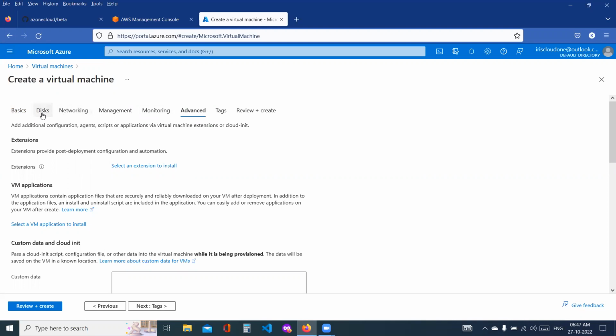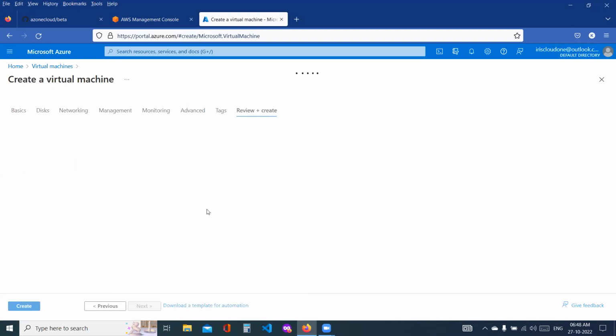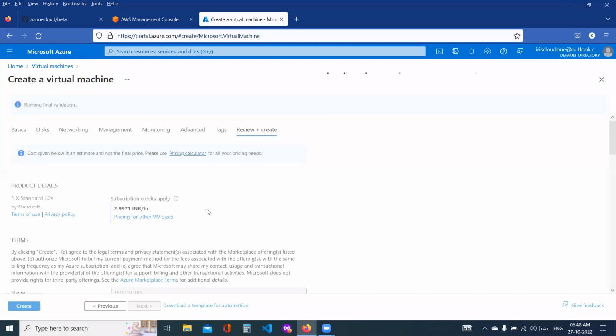I brought it back to SSD. So keep the cost low. And let's do a review and create it. That simple it is, people, to create a virtual machine in Azure. See the power of cloud. I don't need to write any code. I don't need to do anything. I just need to go ahead and run